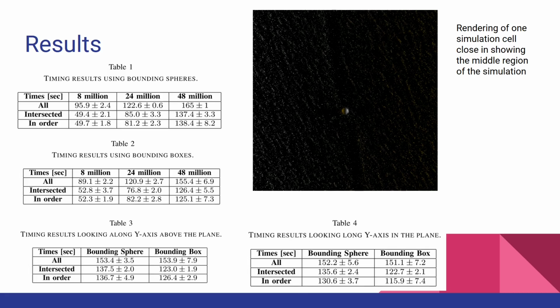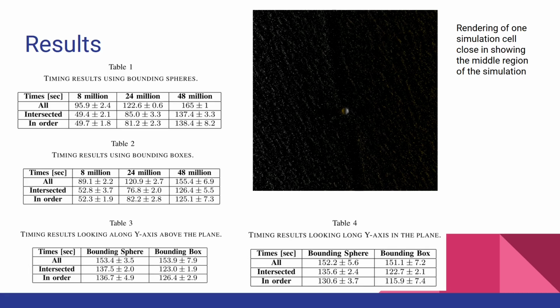to be able to view as much of the image as possible. So to test our approach, we did different timing results using bounding spheres and bounding boxes. And so we started off with our 8 million particles and tested it with the Akka sum, or all, sum, and few, to see how many messages needed to be sent. And you can see the significant difference in bounding spheres between all and sum and few. And so there are significant differences between all and the other two. And then you can also see with bounding boxes that the same thing happens. There was also a bit of a difference between bounding spheres and bounding boxes, with bounding boxes being slightly faster,